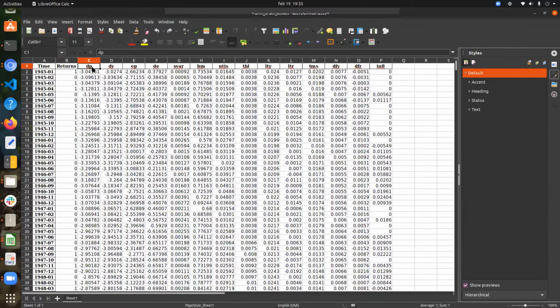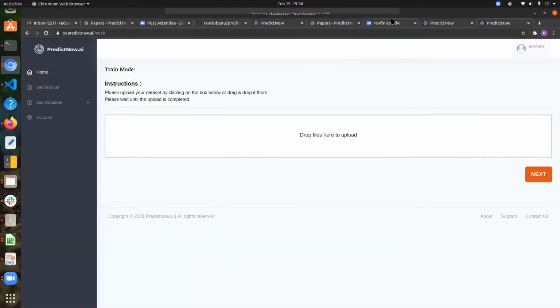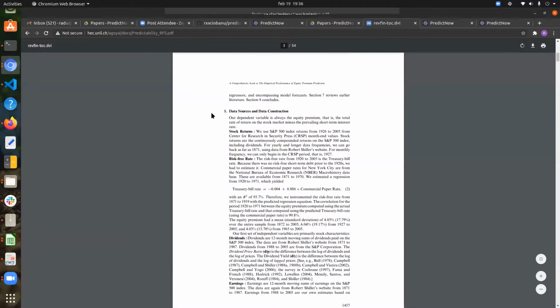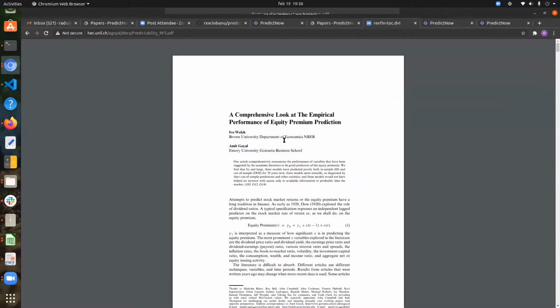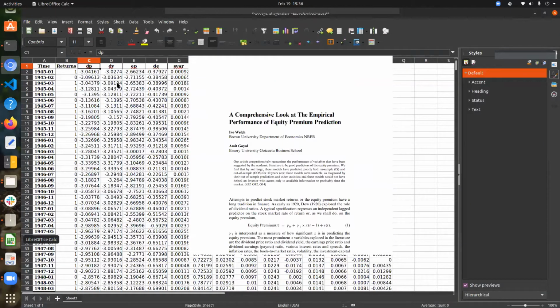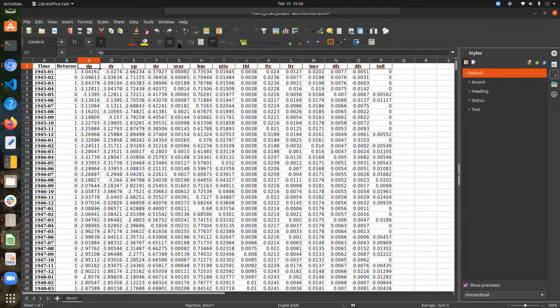Now, the following columns include both fundamental and technical macroeconomic indicators. First of all, I want to point out where the features come from. For a better explanation of these features, please consult this paper, called A Comprehensive Look at the Empirical Performance of Equity Premium Prediction. But just as an overview, we include dividend price ratio, dividend yields, earning price ratio, dividend payout rate, stock variance,